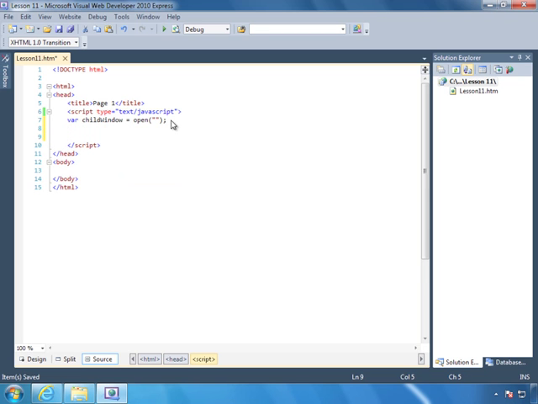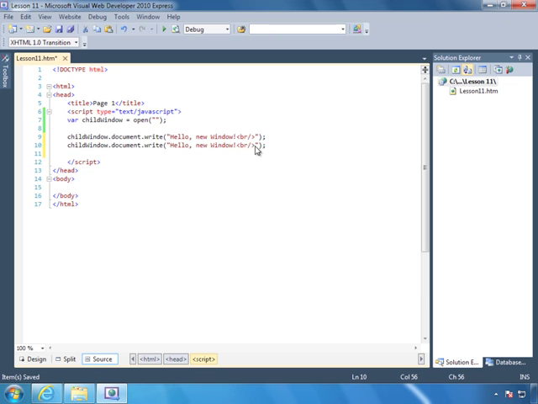So now we need to write some data to this window. So we are going to use child window, which is actually the window object of this opened window. We are going to access the document object. This gets the HTML document. And then we want to use the write method. This is going to write HTML to our document. And we are going to use the text hello new window. And then we are going to add a breaking element,